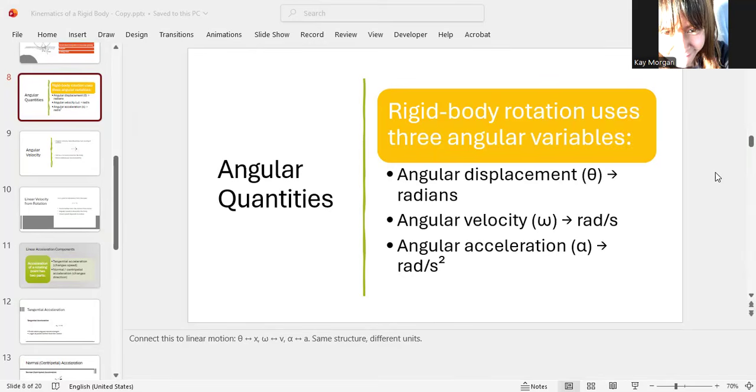It can be anything. They directly mirror the linear motion quantities you already know. Even though we write it this way, the first is angular displacement, and they give you a little symbol, theta, which we measure in radians. It is the first angular quantity, the first variable. If you're not familiar with the symbol, its name is theta. Angular displacement measures how far an object has rotated.